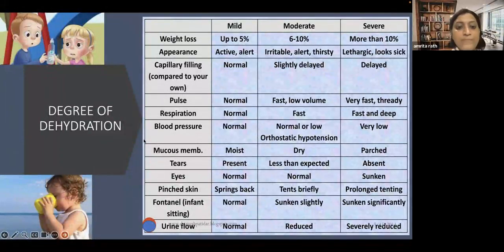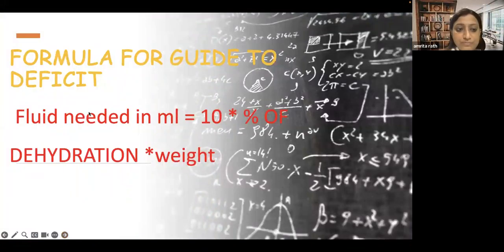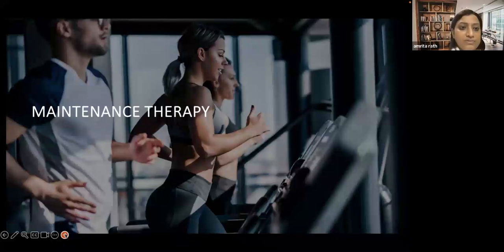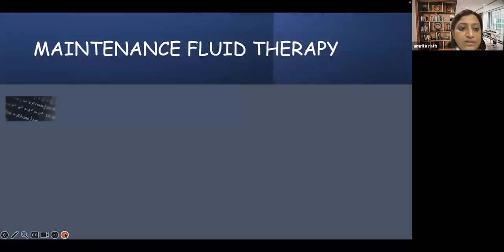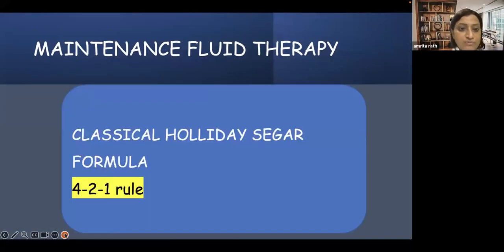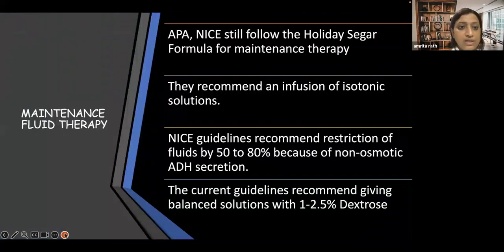So the formula is: fluid needed in mL is 10 into the percentage of dehydration, which you derive from the table, into the weight of the baby. That is the mL of fluid which has to be given as deficit fluid. Okay. Second comes the maintenance therapy. For maintenance therapy, the Holliday-Segar formula which you have already mentioned is correct. It has to be given, and the fluid given is